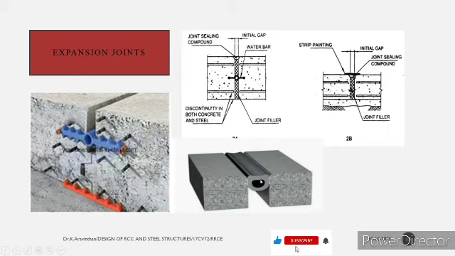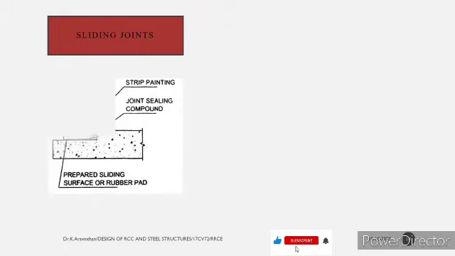A material is provided in order to overcome the expansion of the structure. Next, let us look into the sliding joint. This is the base slab of the water tank and this is the wall. While connecting these two members, a designer might provide a hinged joint, a partially hinged joint, or a fixed joint between the two members. For these three conditions, three different construction and detailing practices should be used.